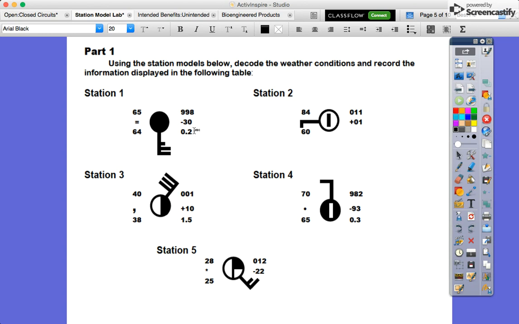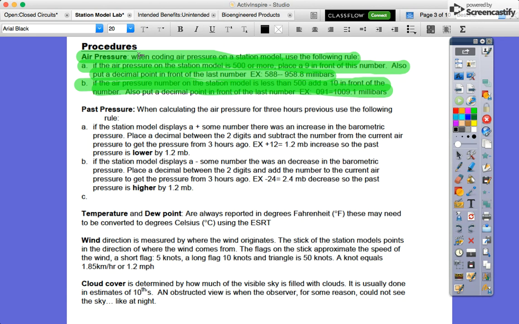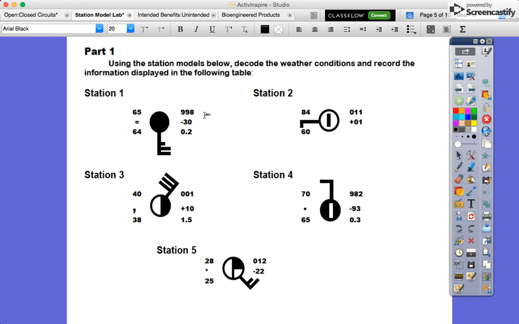And the last thing we have to look at is the barometric pressure. And if you remember, right over here, if the air pressure on the station model is 500 or more, place a 9 in front of the number. If it's less than 500, add a 10 in front of the number. And here it's 998, so that is 500 or greater, so we put a 9 in front of that number, so it becomes